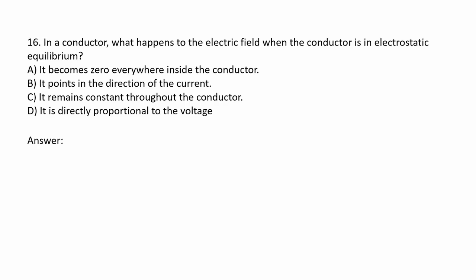In a conductor, what happens to the electric field when the conductor is in electrostatic equilibrium? Letter A, it becomes zero everywhere inside the conductor. Letter B, it points in the direction of the current. Letter C, it remains constant throughout the conductor. And letter D, it is directly proportional to the voltage. The answer is